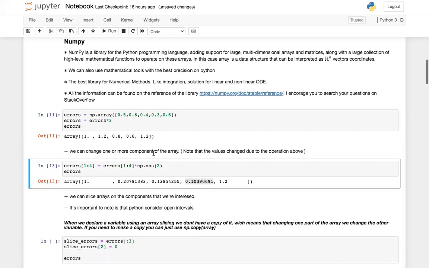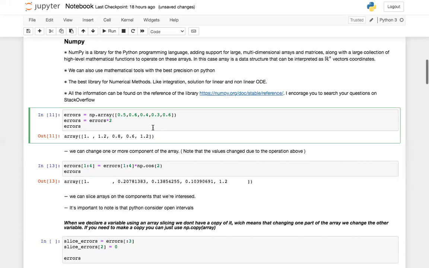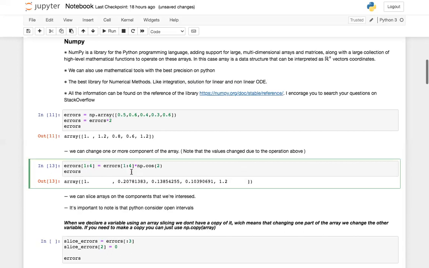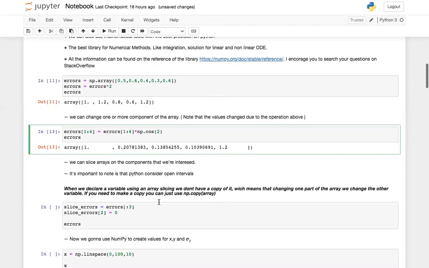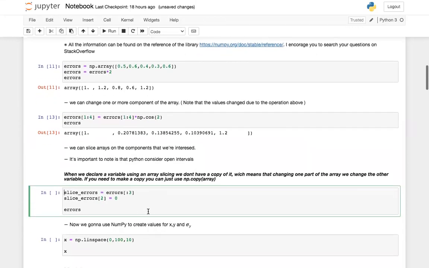So what happened was we sliced an array and multiplied it by a number. Our part of interest was multiplied by this number, and not the part that we are not interested in. We can see that the 0th component and the 4th component are still the way that we declared them. So we changed just a part of the array. So to make the slice thing